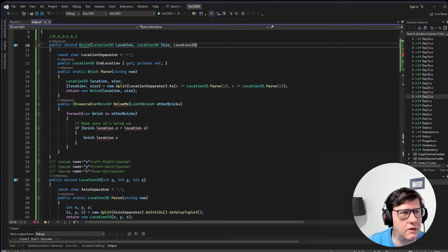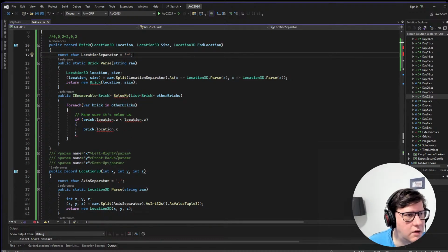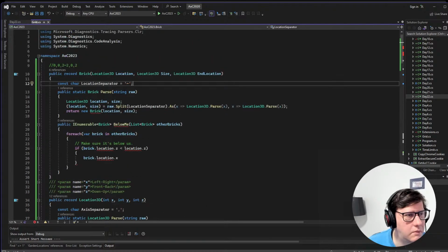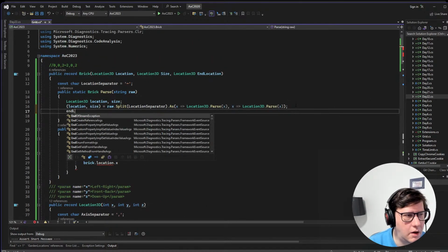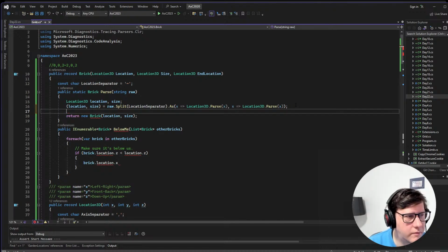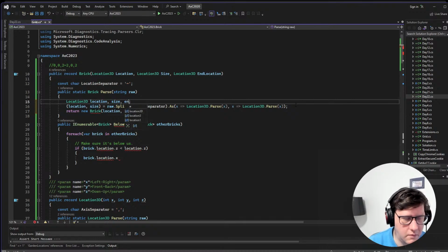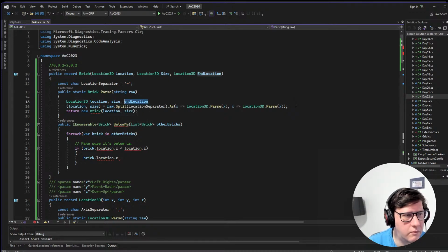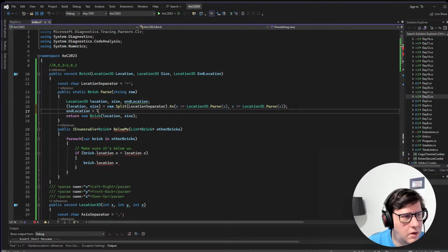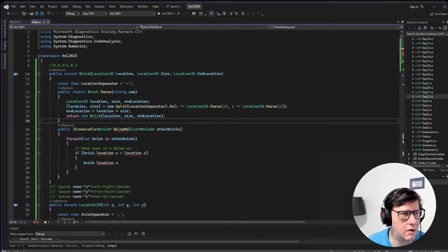Actually, I can do location 3D and location like this. It's fine, and then I can do end location, location plus size. And basically this constructor should be able to do it without